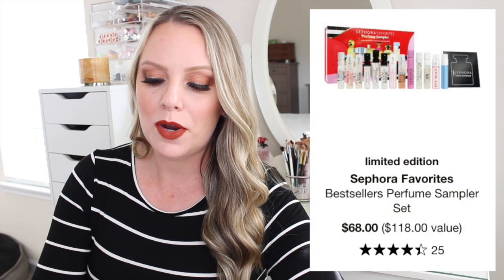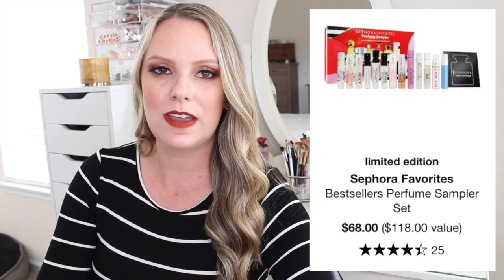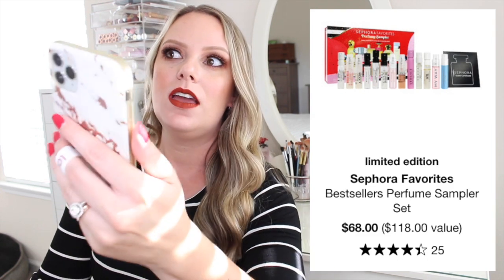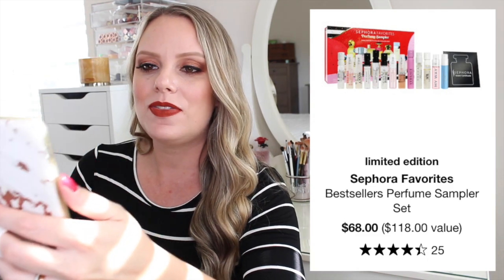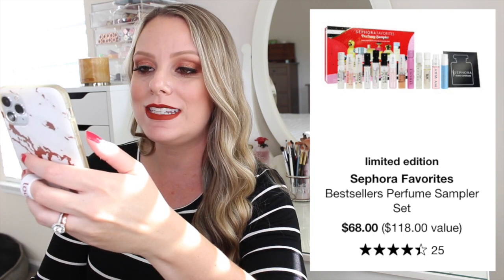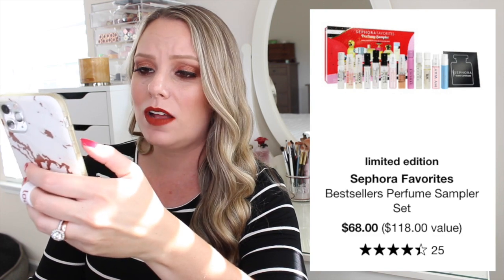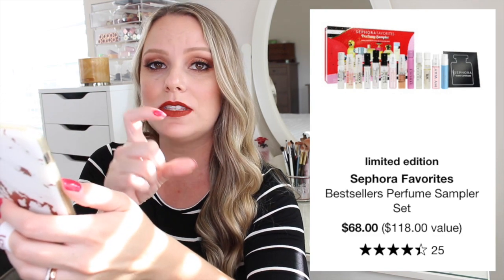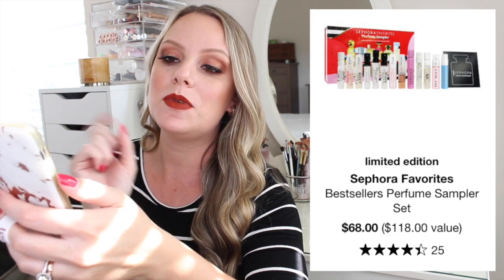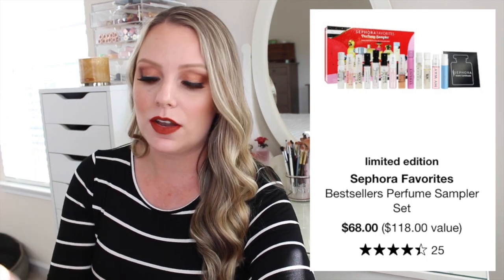Okay, these Sephora perfume sets are really cool. They're kind of like the Sephora favorites with the lip gloss and the mascaras and stuff like that, but this one is $118 value for $68. It looks like, without counting, 12 little sample travel sizes of perfume, but it comes with a voucher to go back to the store and redeem it for a full-size bottle,